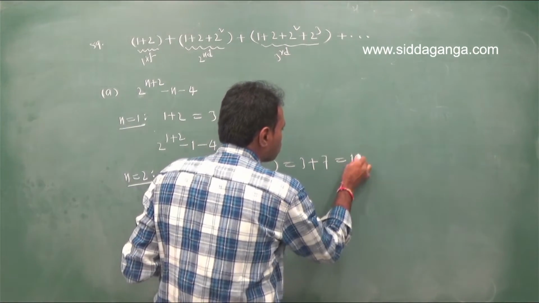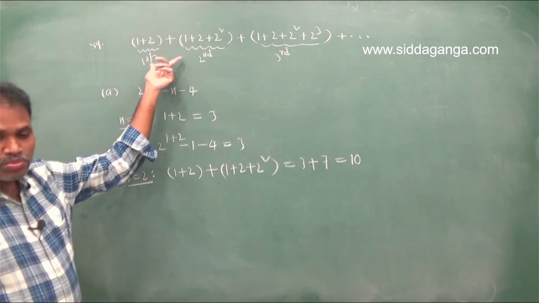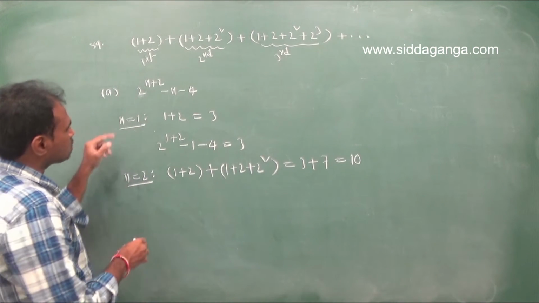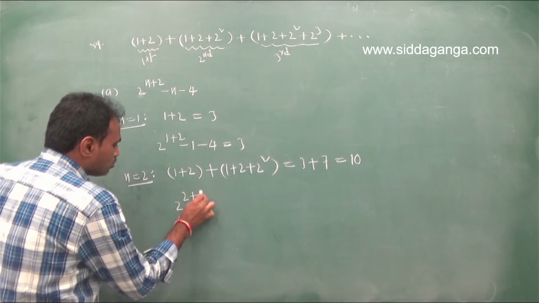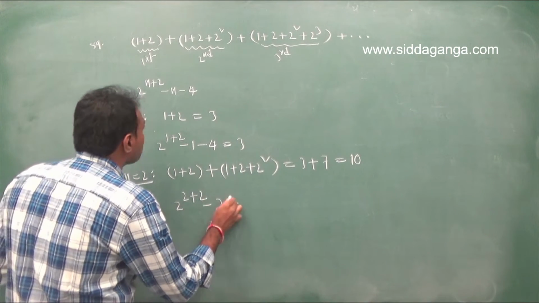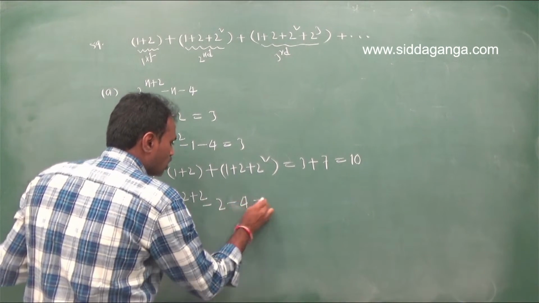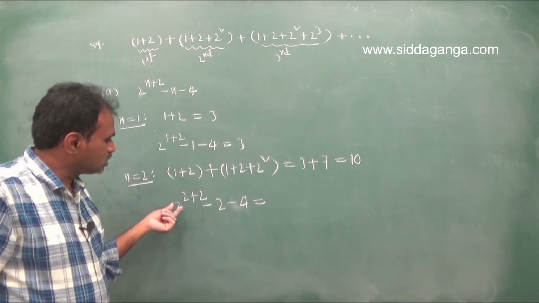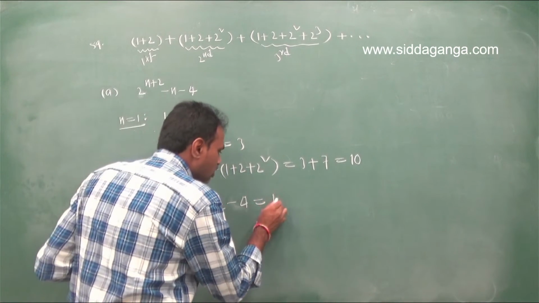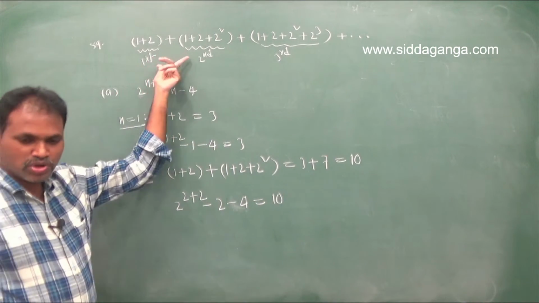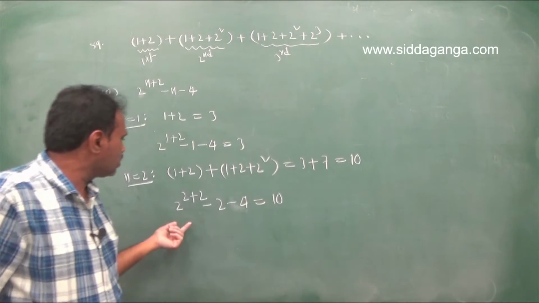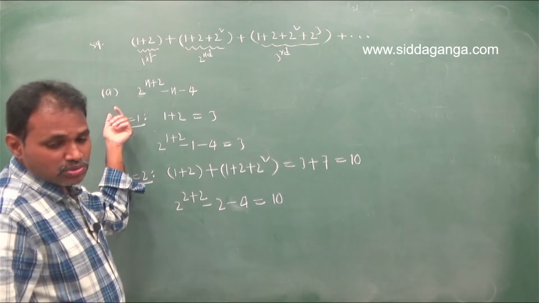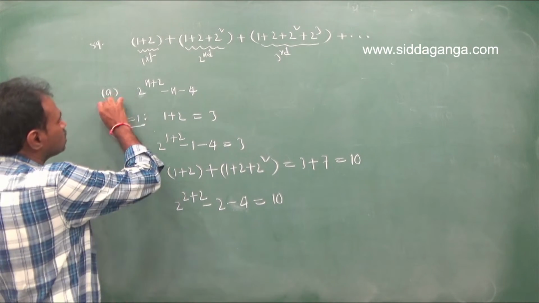Therefore it is equal to 10. For n equal to 2, the sum of the first two terms is 10. Now for n equal to 2, in option 2: 2 power (2 plus 2) minus 6, that is 2 power 4, which is 16, and 16 minus 6 is 10. Therefore, for n equal to 2, the sum of the first two terms is 10, and the first option also gives 10. If you take it like that, the first option coincides, therefore option 1 is right.